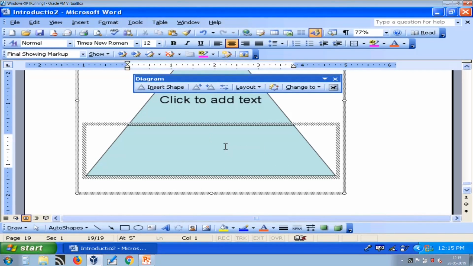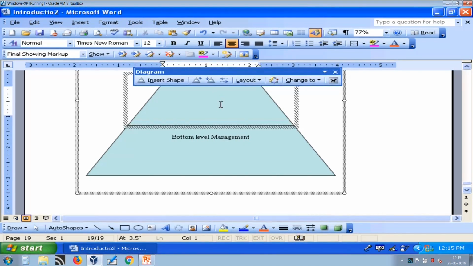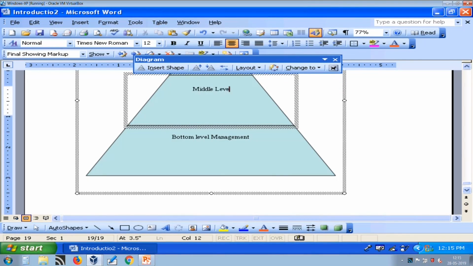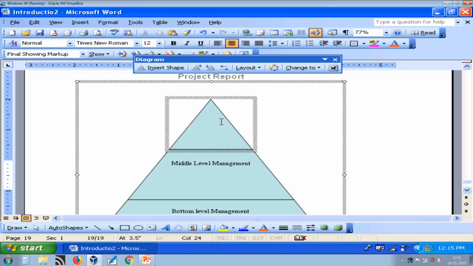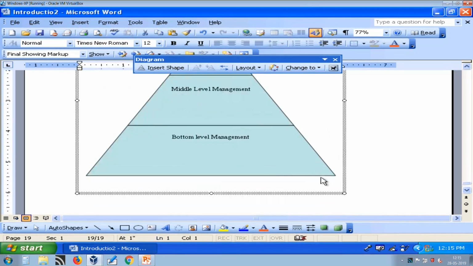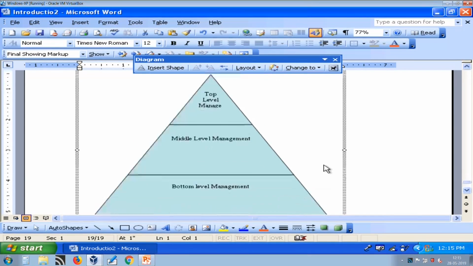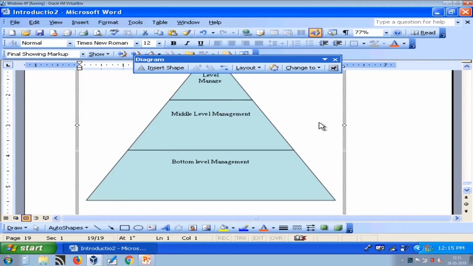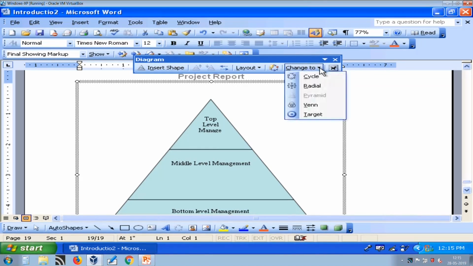Here you can type text, so this kind of diagram you can easily create.